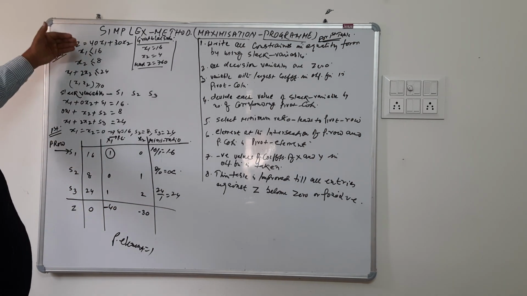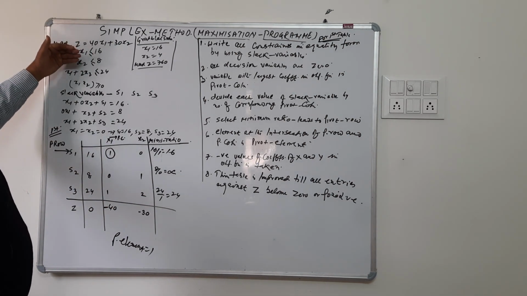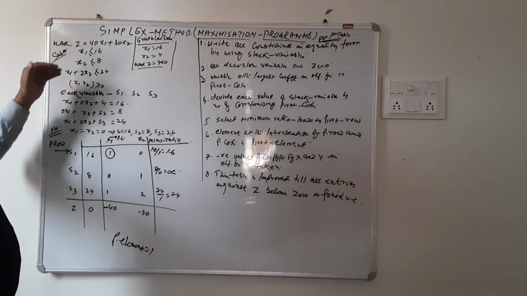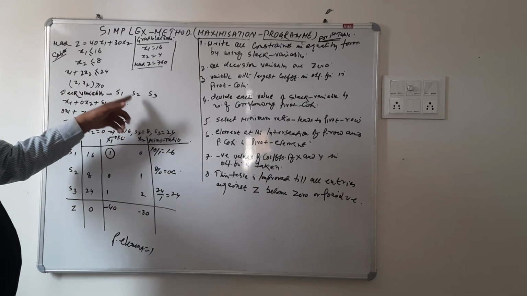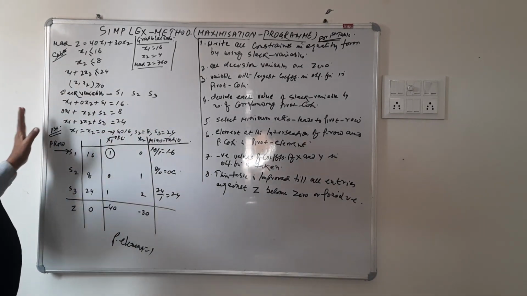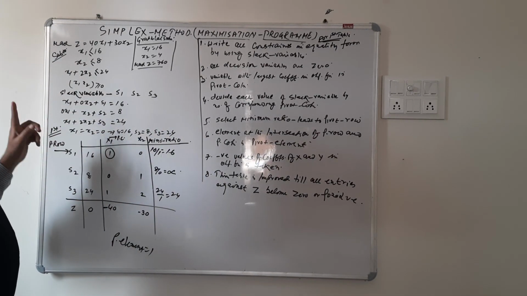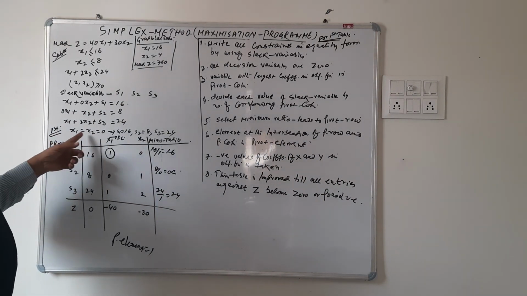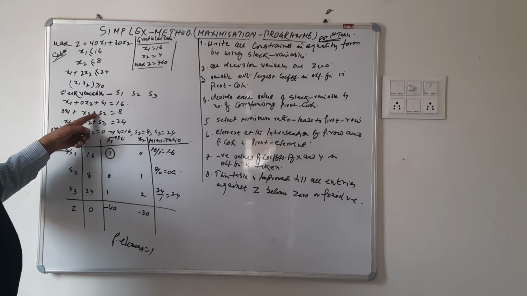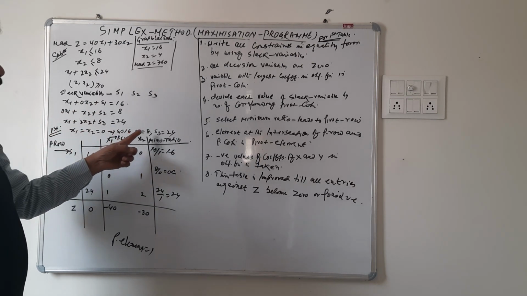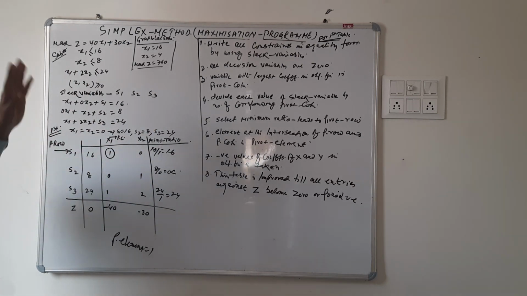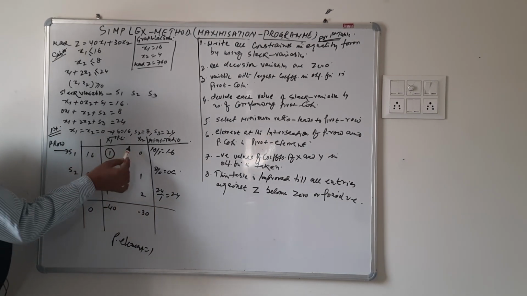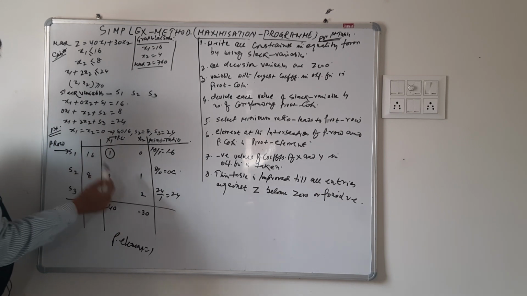First we arrange all the unequal constants in inequality form using slack variables. The number of slack variables will be equal to the number of equations. Now we start with the first table. In the first table, all the decision variables are made 0. So when x1 and x2 are made 0, we get the values of s1, s2 and s3. These are the values of the slack variables. Now we make the first table, with the slack variable values and the coefficients of x1 and x2 in the constraints.